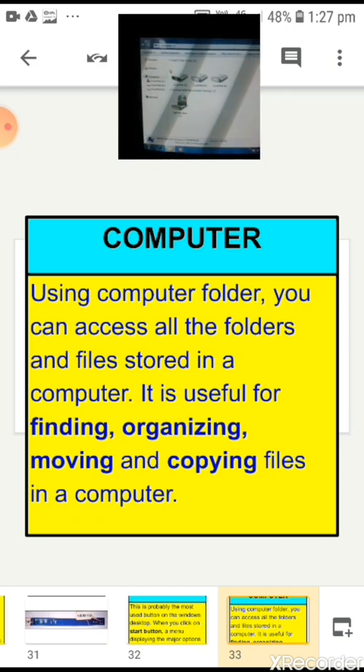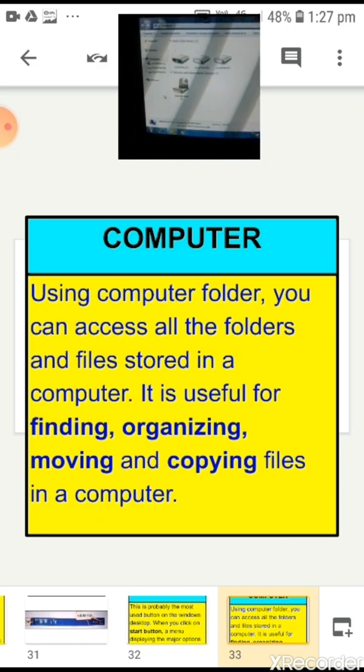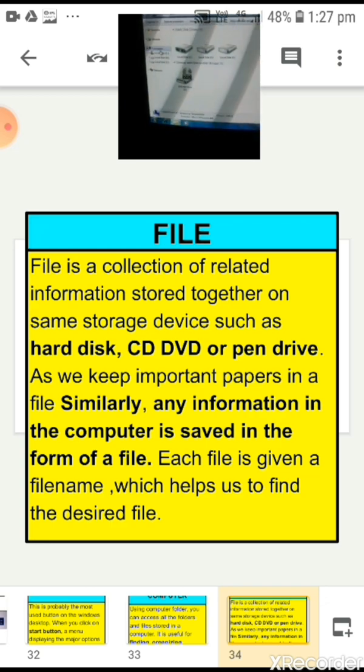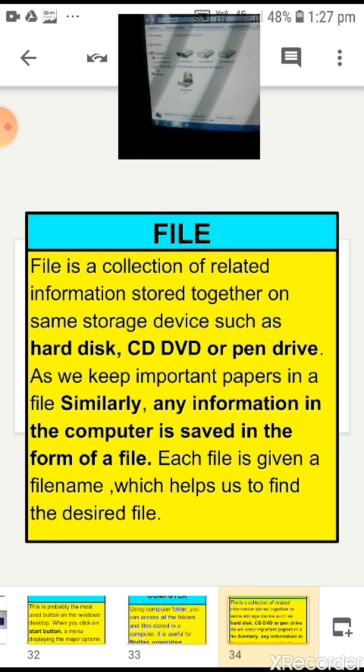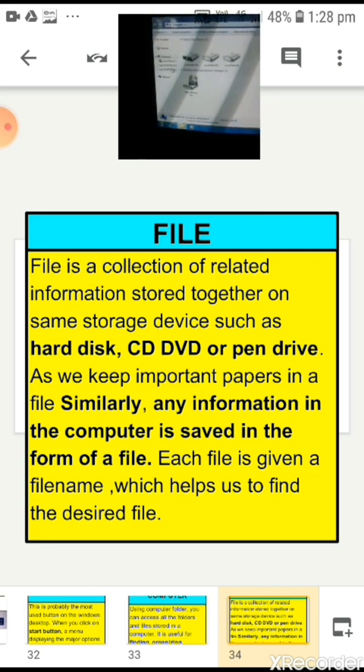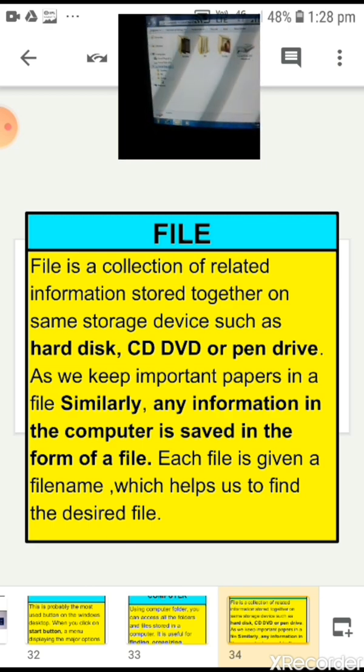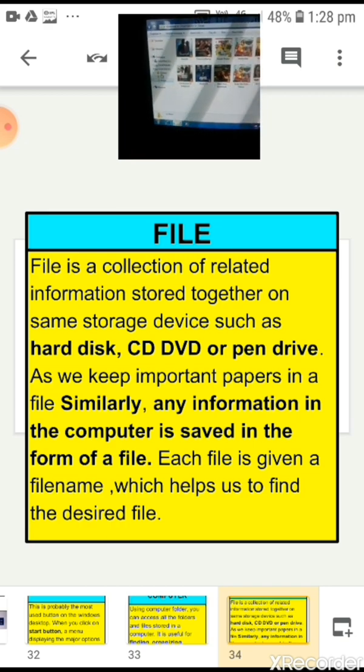On the left hand side, it is a navigation pane. It is a collection of drives and files. These are the drives. And these are the folders. When you click any folder, these files are there in this folder.